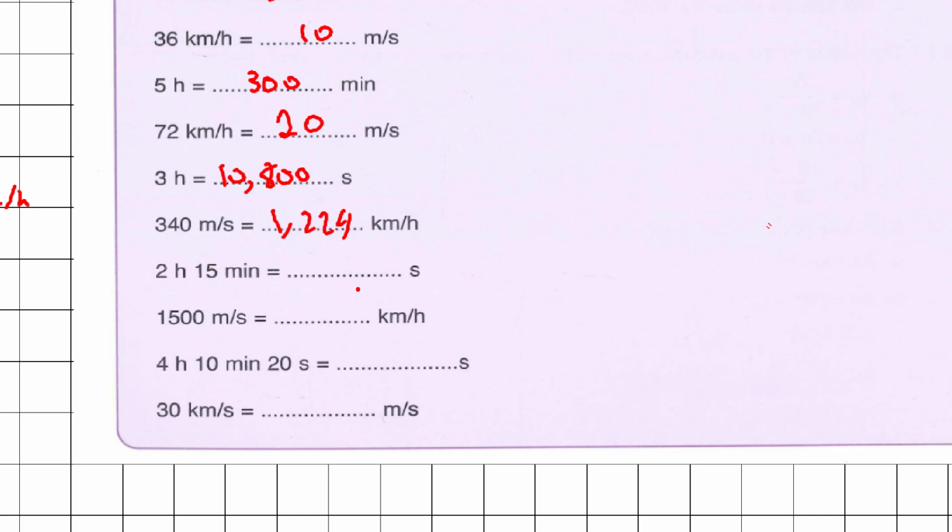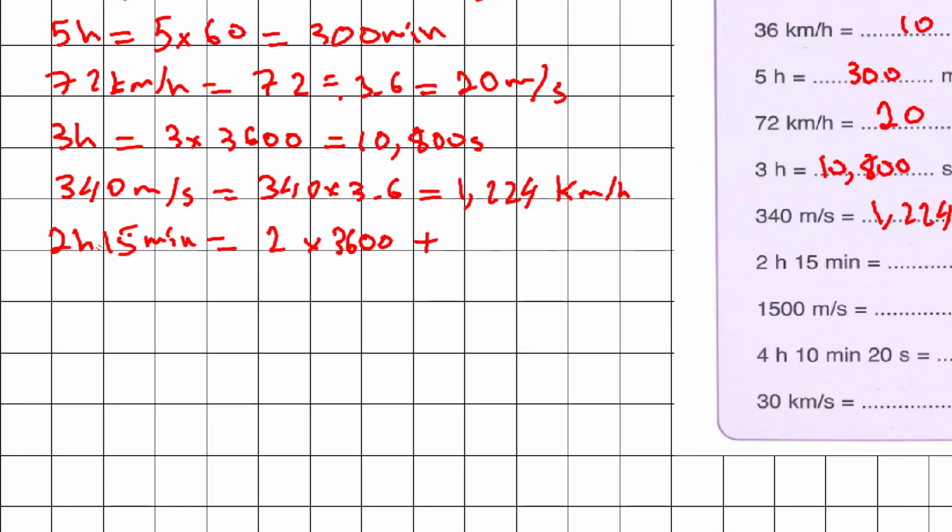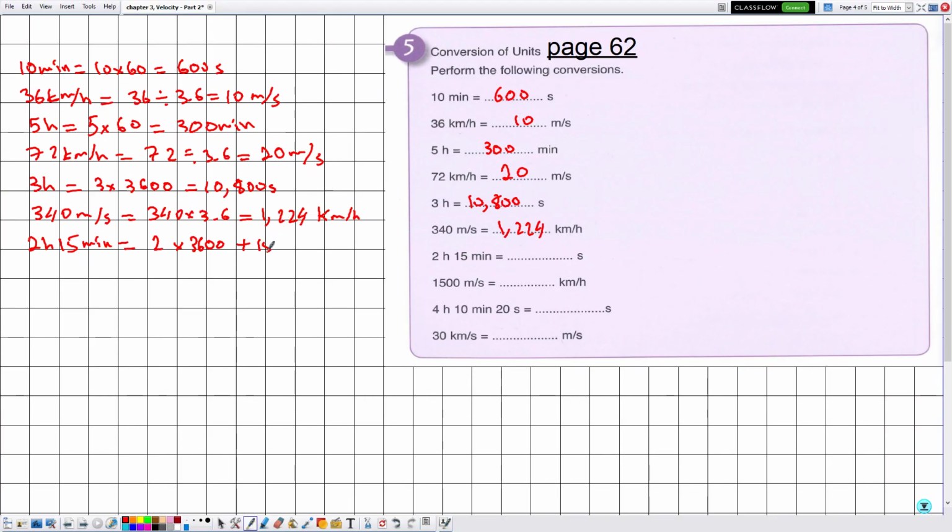Now 2 hours 15 minutes need to be converted to seconds, knowing that from hours to seconds we multiply by 3600, and in order to convert minutes into seconds we simply multiply by 60. Then 2 hours 15 minutes, knowing that each hour here contains 3600 seconds, and each minute here contains 60 seconds. Now plugging this expression on the calculator,